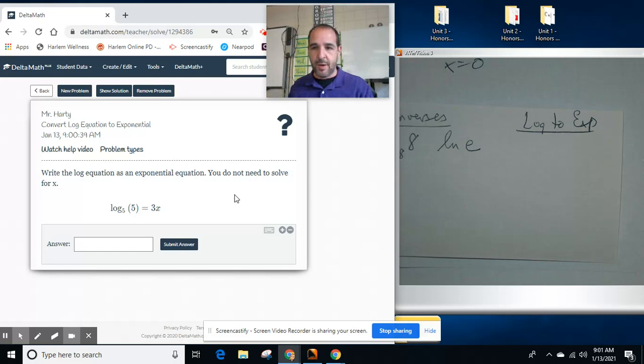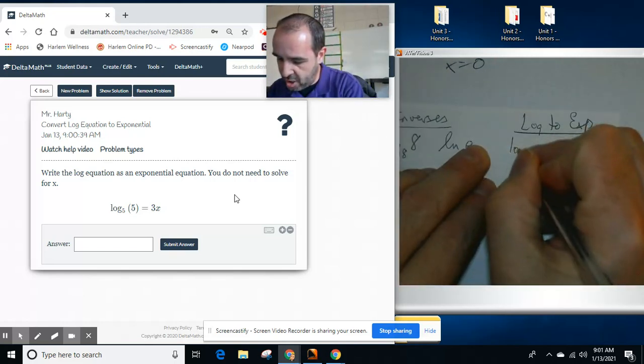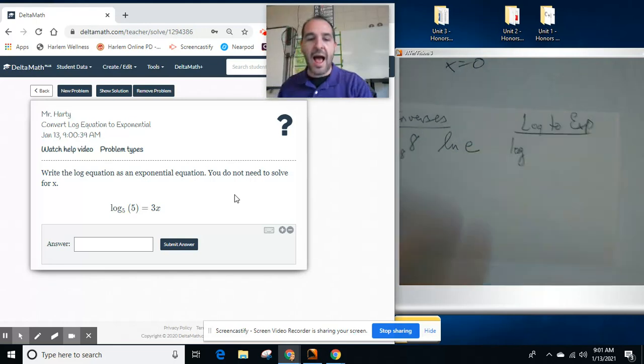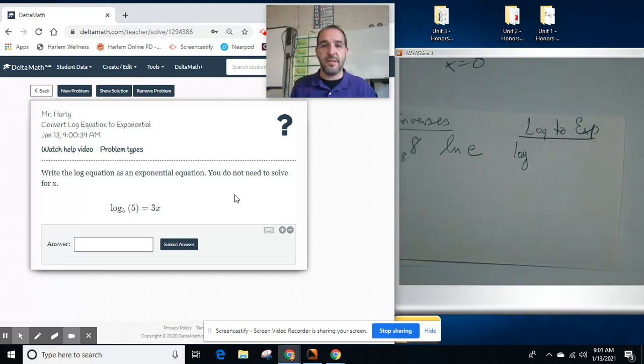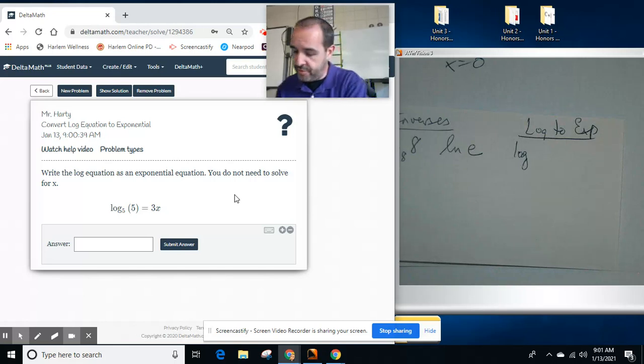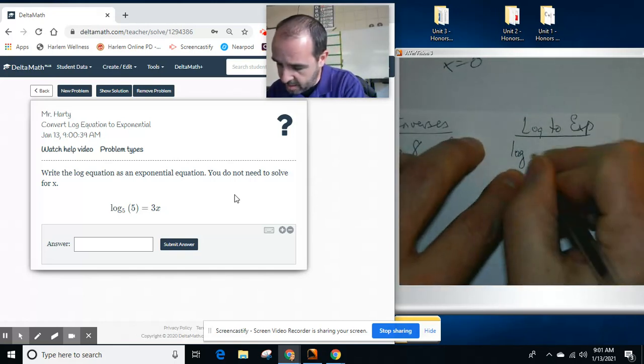So log to exponent, here's the way I want you to think about this. We have a log, and I like to actually put numbers in for these things that I know are going to work. The example I have is going to work out well for me because I know my system already. But maybe it's going back and looking at your notes, grabbing an example, and putting it on your note card. Might be a good way to do this. So like for me here,